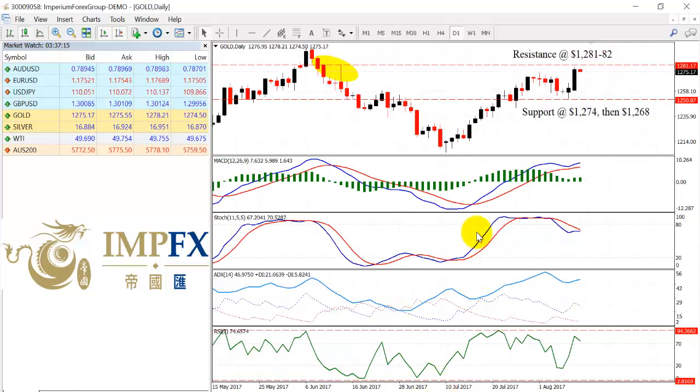Gold surprisingly turns back to the bullish side since rebounding off that 1,255, and now questions whether we've seen a base for now and looking towards 1,281 to 82. Overnight, the tension still increasing with the US and North Korea. Now, gold is usually seen as a safe haven asset when we go into political uncertainty, when it comes to geopolitical risks, should I say. Therefore, a break above 1,281 to 82 would give further scope towards a target of